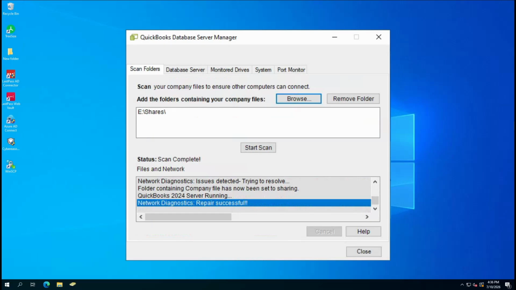What's up, IT Ninjas? Today we're going to take a look at installing Intuit QuickBooks Database Server Manager on your